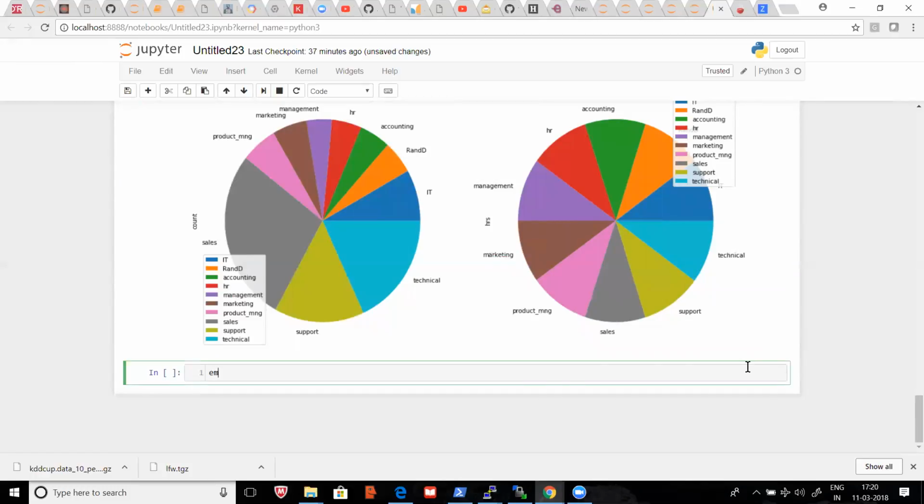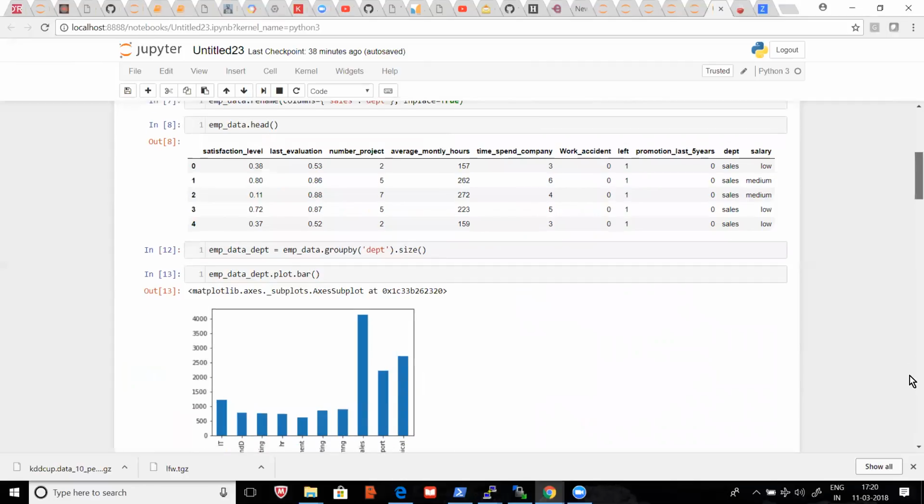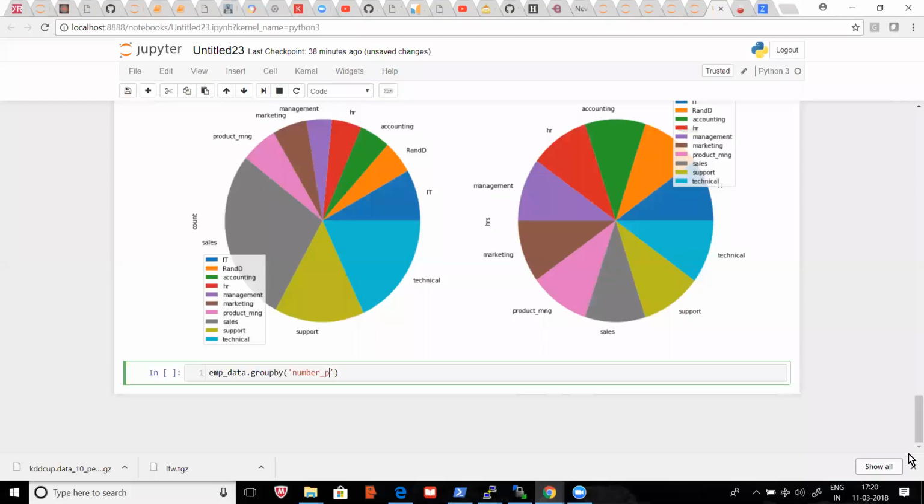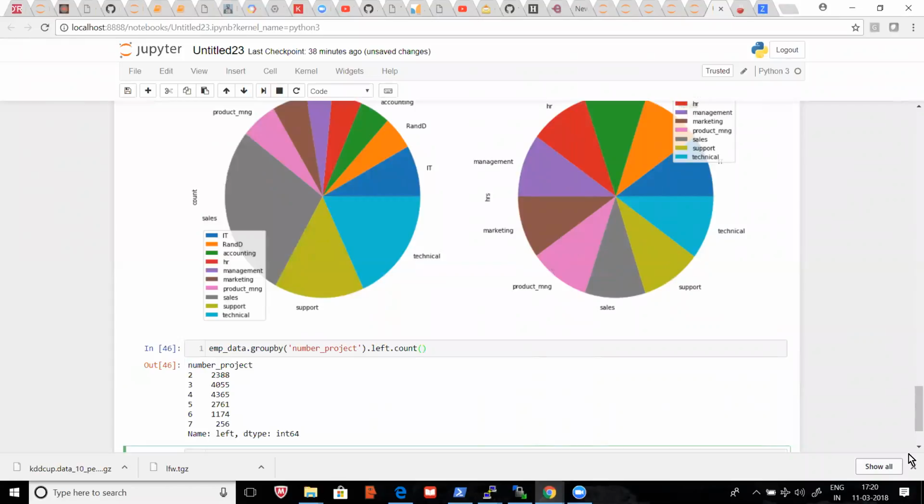So what you do is employee data, group by number project. What is the column after that? After number of project, left. Right, you can see the distribution. So this is the total number of people